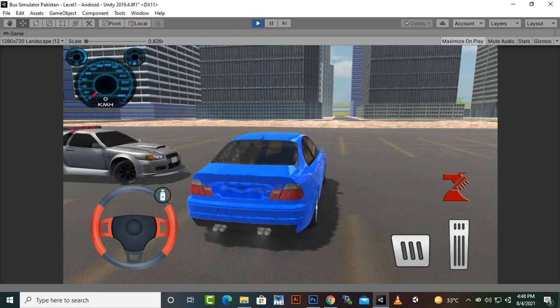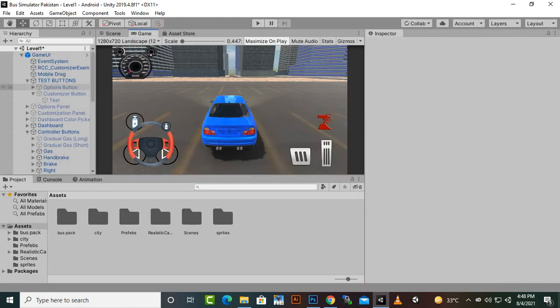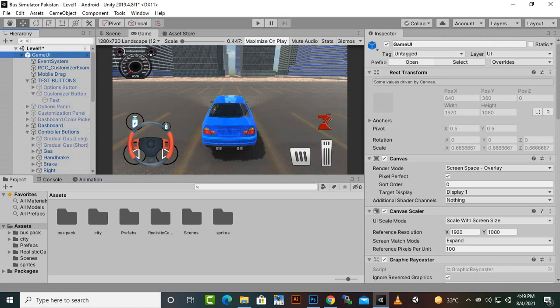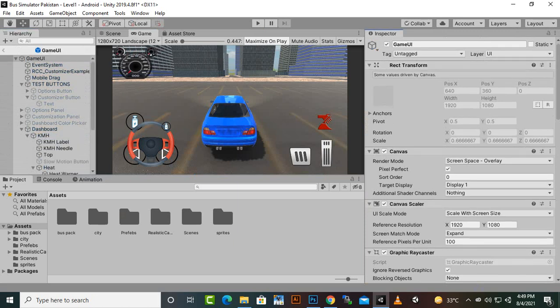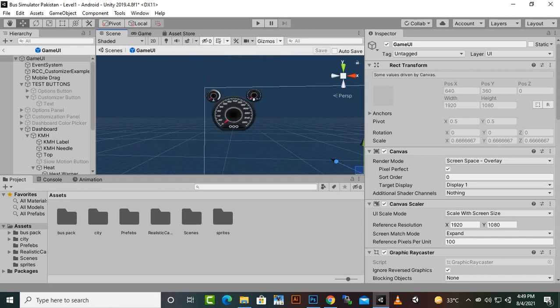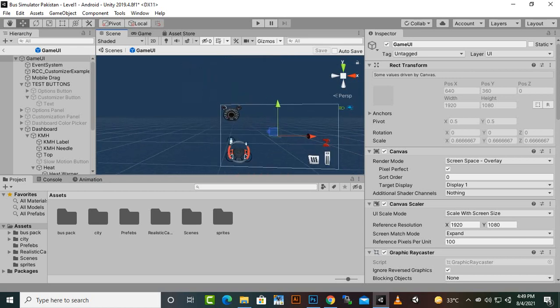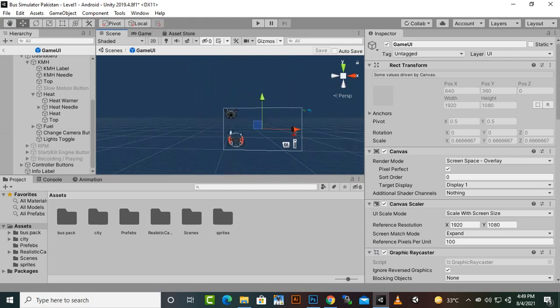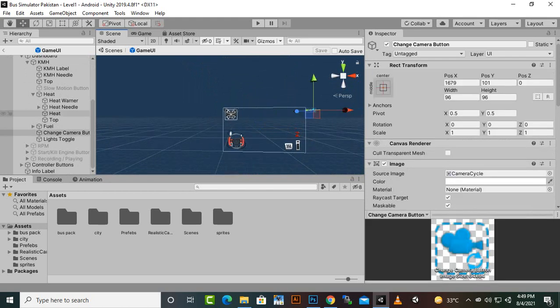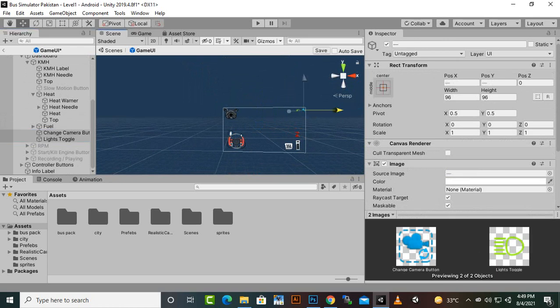move right and left. So one mistake I made is that I removed the camera and light option, so we can't change the cameras. So I will just check where these cameras are. In the game UI, if we open it, you can see that they are actually outside the frame. So we will select the camera and the light, and we will just bring it